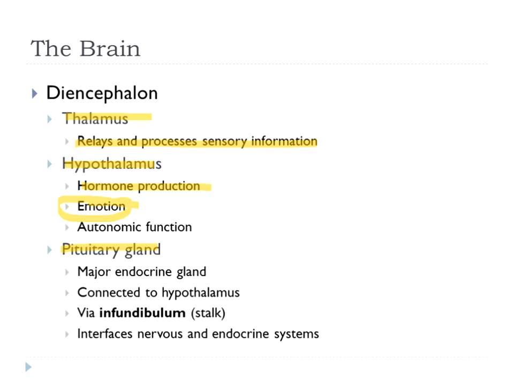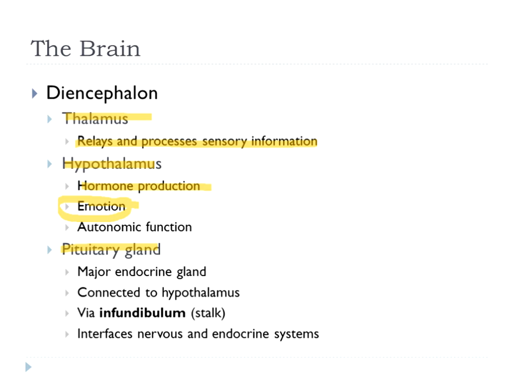The hypothalamus is the lower portion of the thalamus, and it doesn't really have that same job of relaying and processing sensory information that the thalamus does, the major mass of it. Its bigger job is hormone production. The two hormones that we talked about the hypothalamus producing are the regulating and the inhibiting hormones, which directly impact how much or how little, or when, the pituitary gland releases any of its 9 hormones.